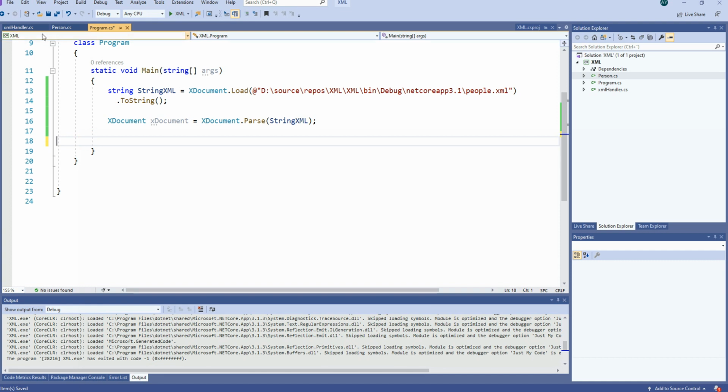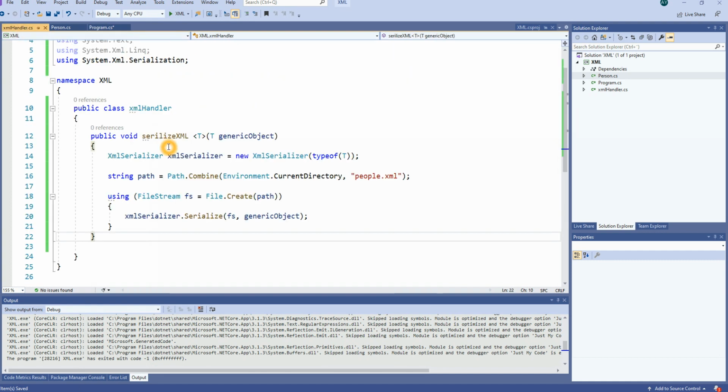In my previous tutorial, I showed you how you can create a serialize XML generic method. So please watch that one. In this tutorial, I will show you how to create a deserializing method. So let's begin. In this class XMLHandler, we will create a